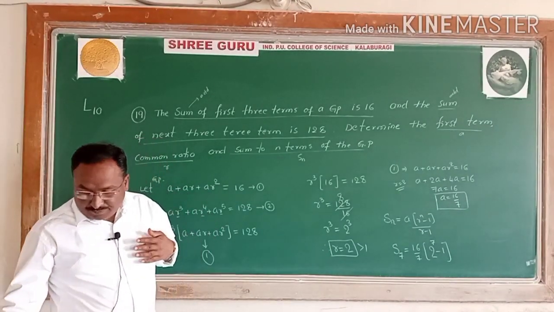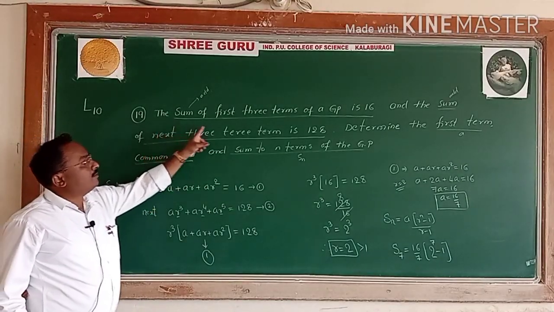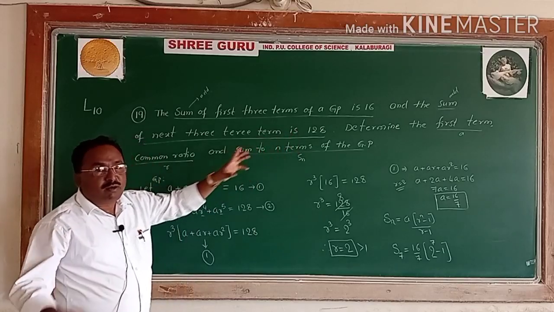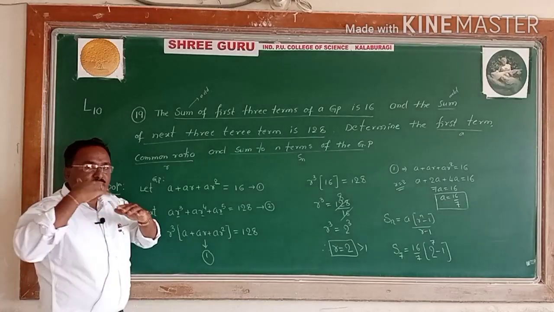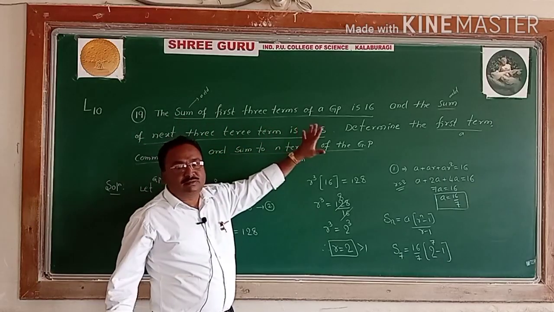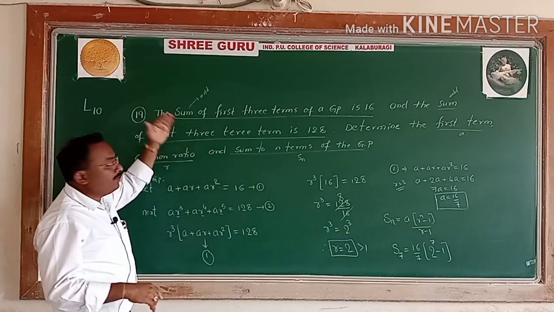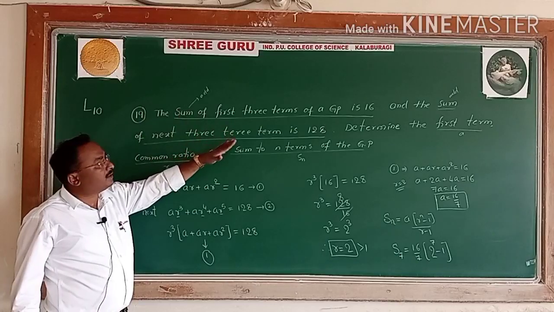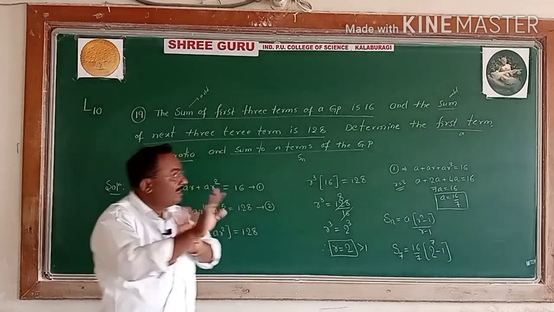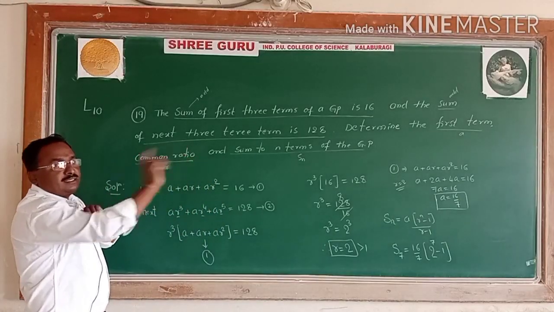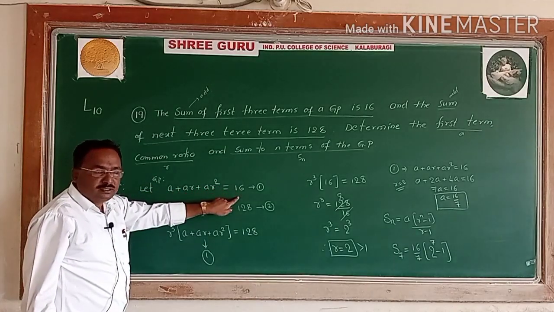That is here one more, another example. Example number next is there. If any doubt, here sum of the first three terms. Previous example is there, A by R, A, AR. Here sum of the first three terms of GP means what? GP series take, A, AR, AR square. Here previous example number 17 is different, this is different. If any product is 1, yes, take A by R, A, AR. If any product is there, no, direct general term of GP. Here A plus AR plus AR square is equal to 16, this is given.